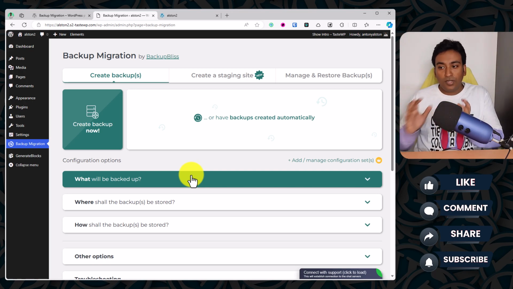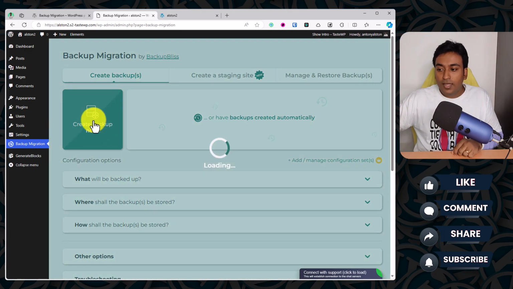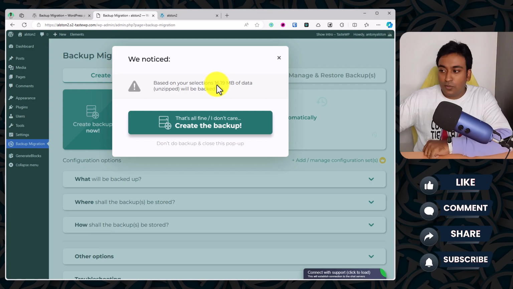Now if you want to create a backup of your site, it is really easy. All you need to do is click on this particular button, and once that is done, it gives you a final confirmation before creating the backup. It's saying that 16.19 MB of files will be created. This is the backup size, so we can get an idea of that.